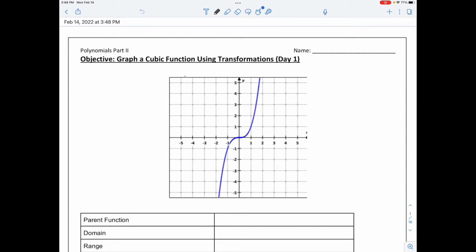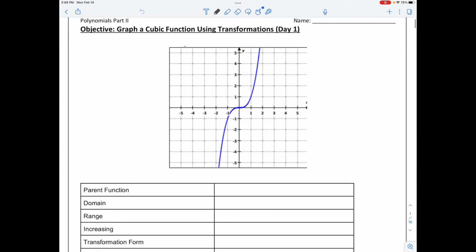Hello, Math 3 people. Today we want to graph a cubic function using transformations. The graph you see in front of you is called a cubic function, and the parent function looks like this: y equals x cubed. As you can see,